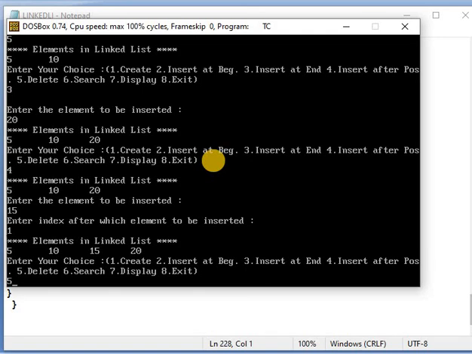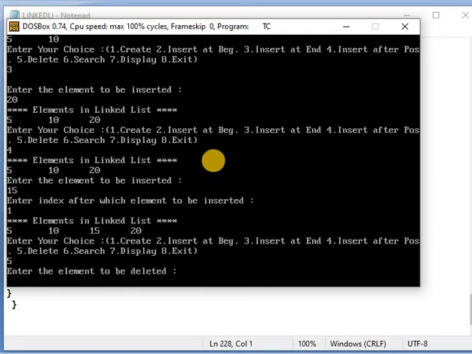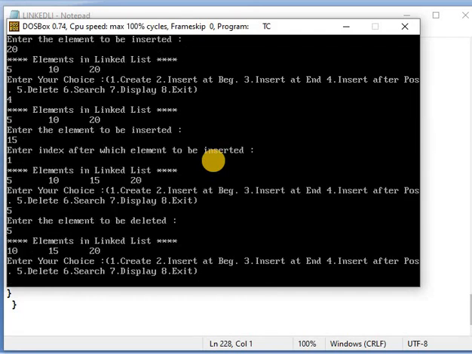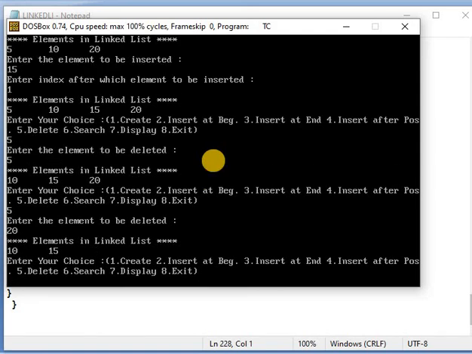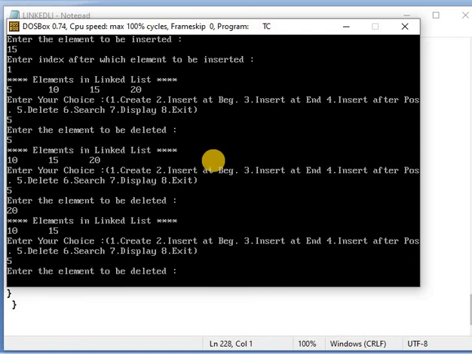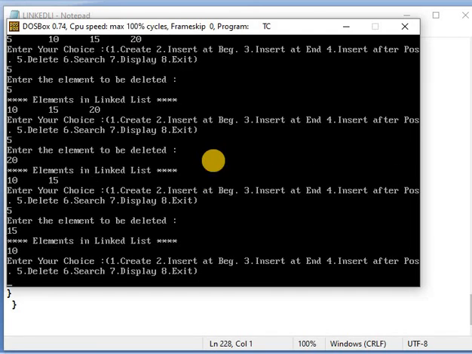Fifth, delete: for example I give element 5, deleted it, I give 20, also deleted it. I give the option 5 again.